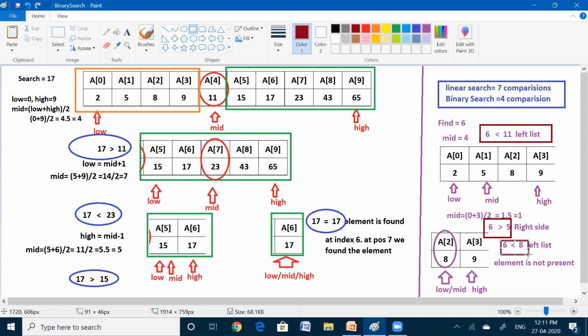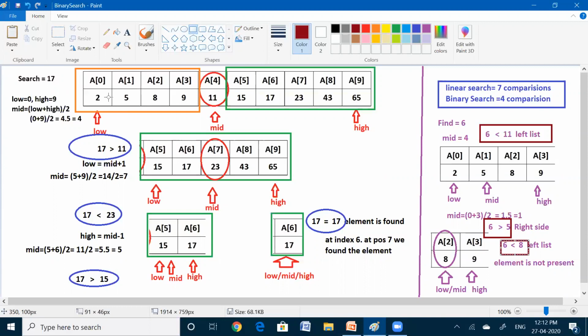Suppose we see the same case using linear search. If that element is not there in the list, how many comparisons are required in the linear search? In linear search, the list need not be in sorted order. It is not compulsory to arrange the list in sorted order, though if the list is sorted there is no problem.